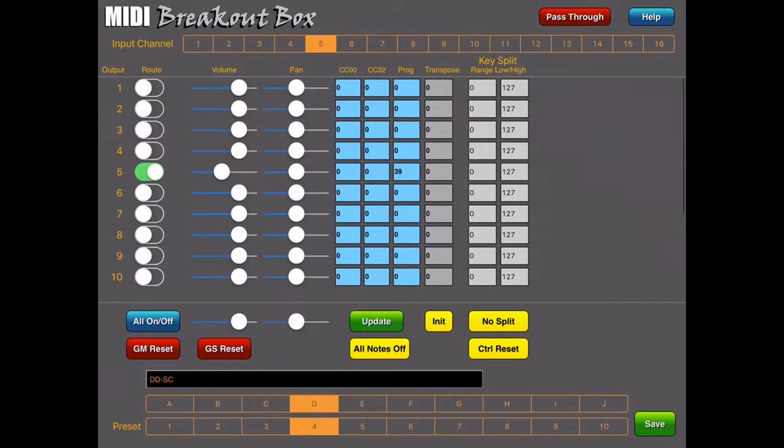You can name these patches so it's more descriptive. As you see,